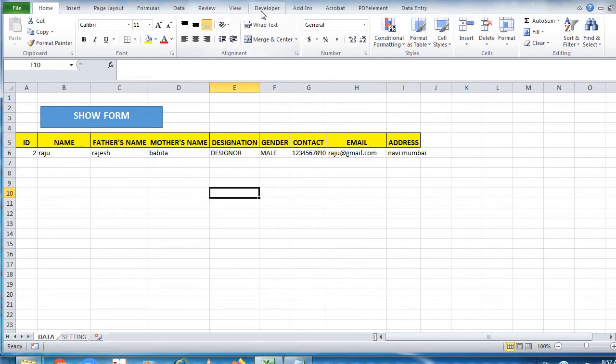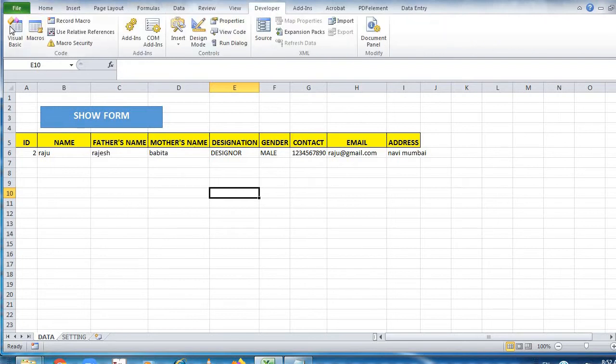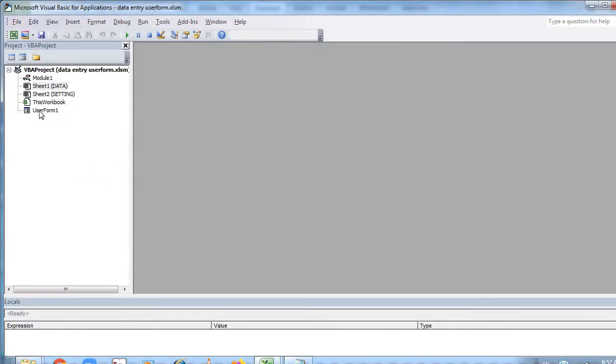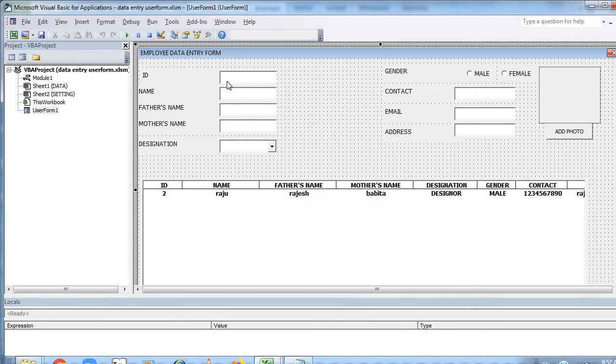We'll go to the Developer tab, Visual Basic, UserForm. Now you can see text box 1, text box 2, text box 3, text box 4. Text box 1 is my ID, text box 2 is my name, text box 3 is my father's name, text box 4 is my mother's name. And this is the combo box, that is designation.